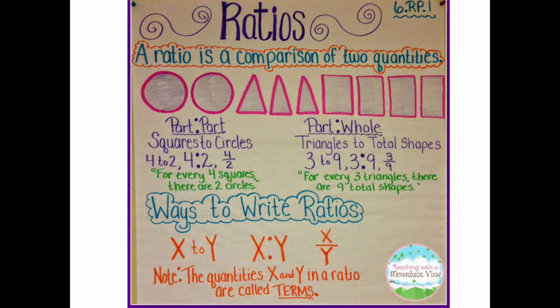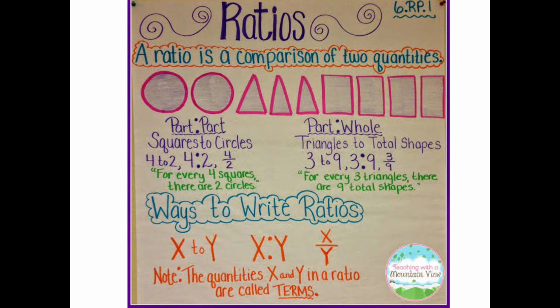The next one is part to whole. In part to whole, for example, we take the triangle. What is the total number of shapes? 2 circles, 3 triangles, 4 squares. If you add all the parts, the total is 9. Only the triangle is taken here, that is 3 to 9. Triangle to total shapes: triangle is 3, total shapes is 9. So we can write the ratio 3 is to 9, that is 3 by 9.